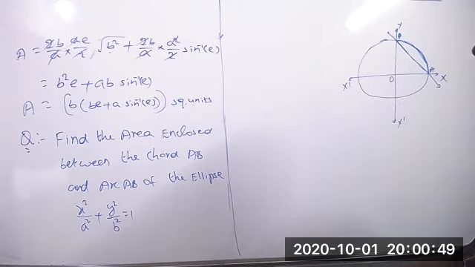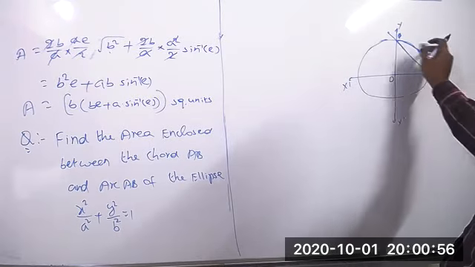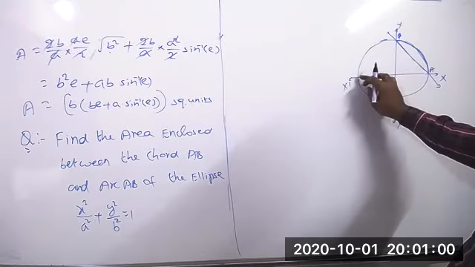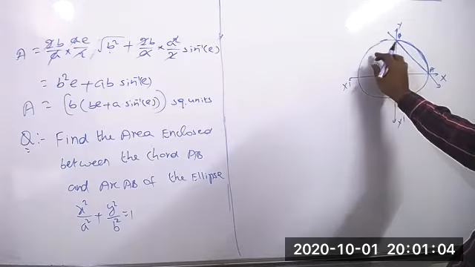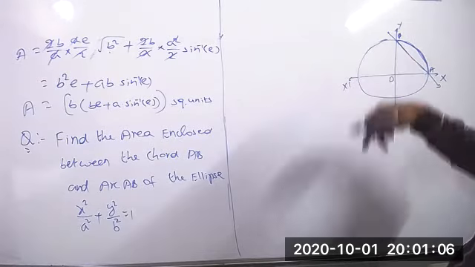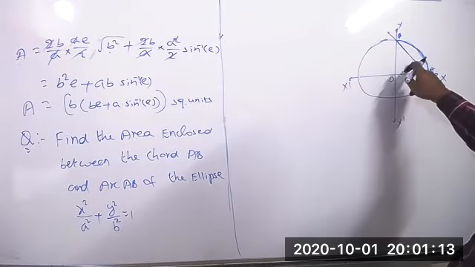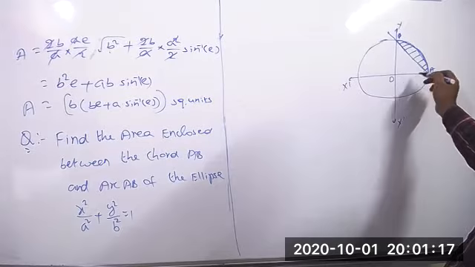Yes, you can take it, but actually there is an always easy way. Suppose we take the same chord like this. If we have to find this area, then we have to do a lengthy process: the area of the whole ellipse minus the area of the trapezium, which is too lengthy. But in this condition, if we have to find this area, it will be very easy.